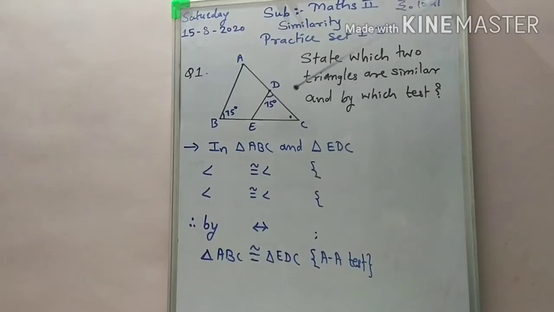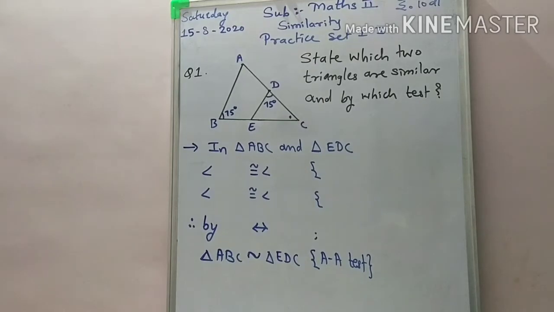Now, to show these two triangles are similar, what we do here, as I told in the last lecture, is use the most useful test, the AA test. That is, for two given triangles, if we show that two pairs of corresponding angles are congruent, then by the AA test we can say the two triangles are similar. So here we do the same. According to the given part, angle B is congruent with angle D because of the same measure of angles. So here we get the first pair.